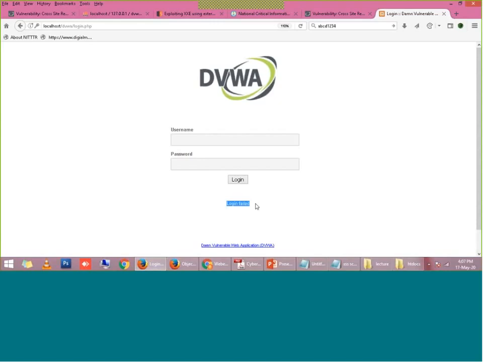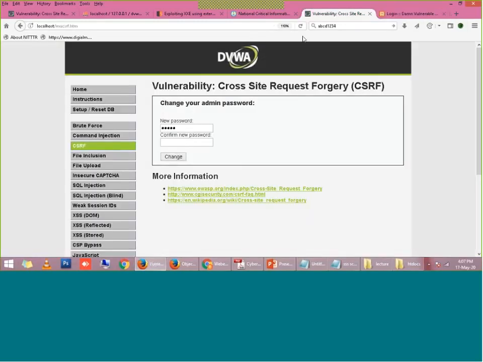Because whatever password I entered to reset did not reach the web server at all. Whatever password the attacker has written in his hacking page will be set as your password, right?